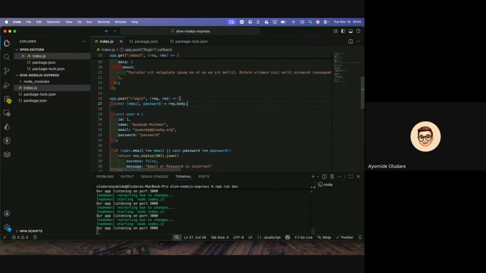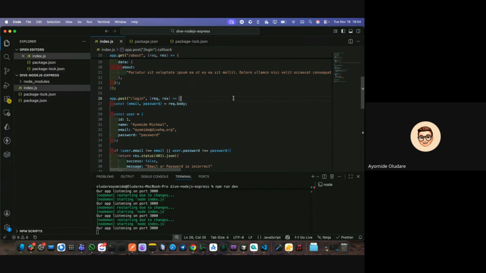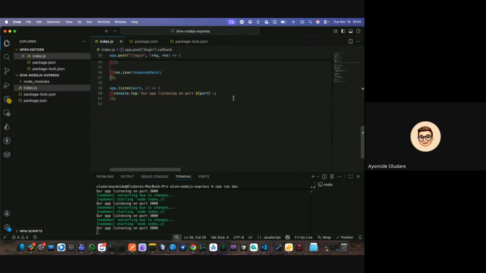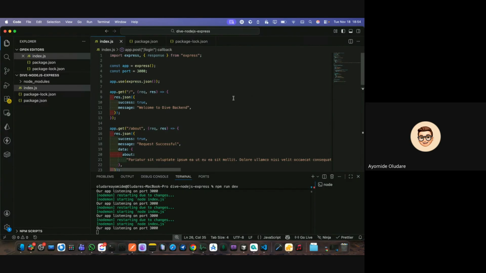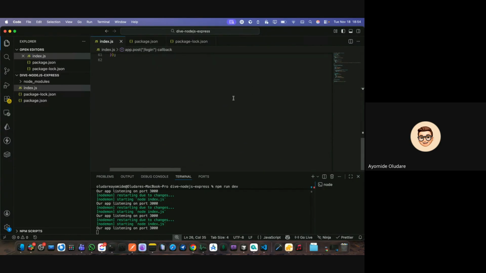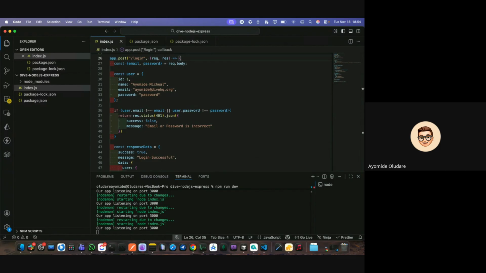Okay, so another thing I have noticed here is that if we have many routes in a project, if we have different routes, this file will be very long. This index.js will be very, very long. So what do we do? We can split them into different files. And how do we do that? We can come to